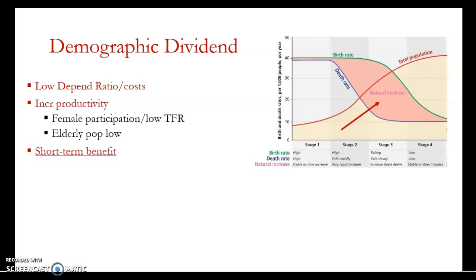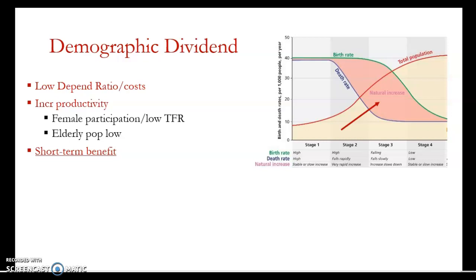The demographic dividend is short term. Remember, countries move from stage 2 to stage 3 to stage 4. As India continues to prosper economically and include more women in the workforce, the base of the population, the youngest part of the group, is going to shrink relative to the entire population, and it's going to grow older. This is a time where, if a country can adopt open economic policies and support its economy, you could really see an economic boom. We saw Brazil go through this about a decade ago.